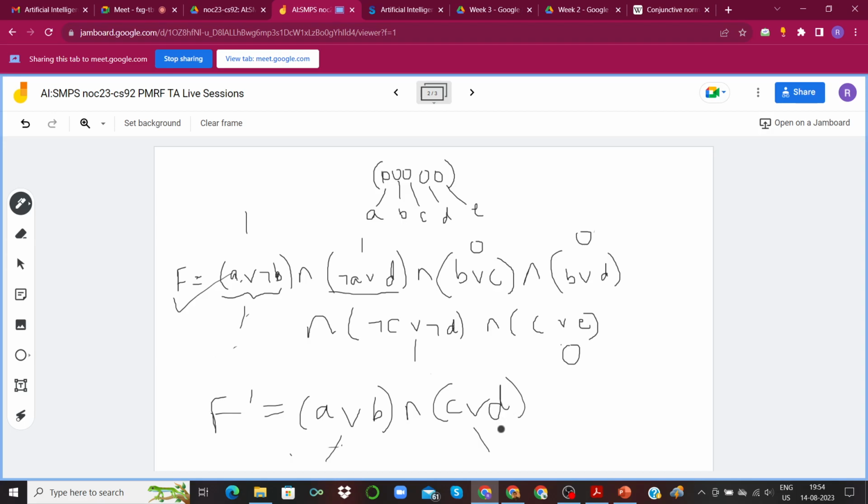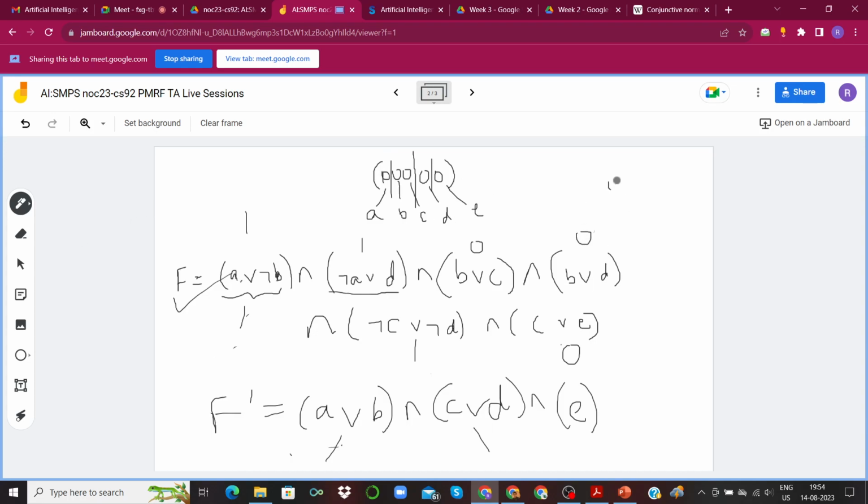What you could do, if each of these clauses has variables that are not present in any of the other clauses, is break down your candidate solution or your state into different possible configurations.